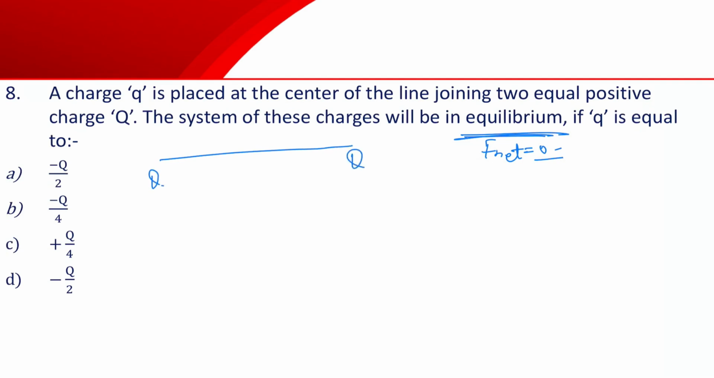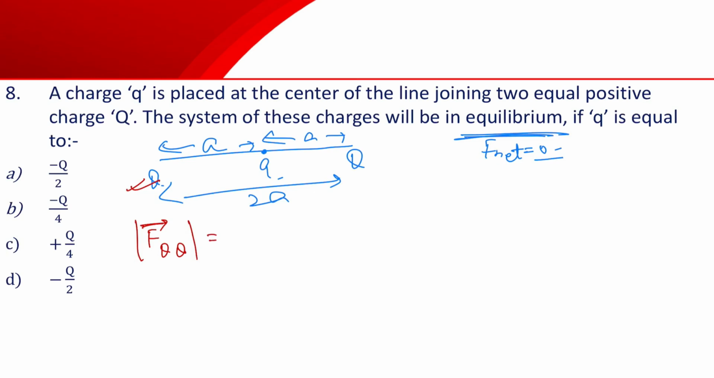In this case, let us take this is Q, and this is the center point. Let this distance is a from here, so this distance will also be a. This total distance will become 2a, and at this point q is there. So let us find in this case the net force on this charge. That will be first force on this q due to capital Q. If you find magnitude only, then it will be,